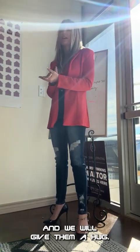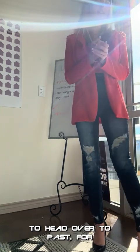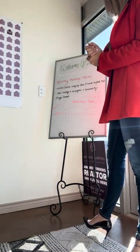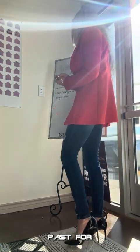And we will give them a hug, we will give them a high five. Because it is time for us to head over to path 4. Now when we start walking down path 4,